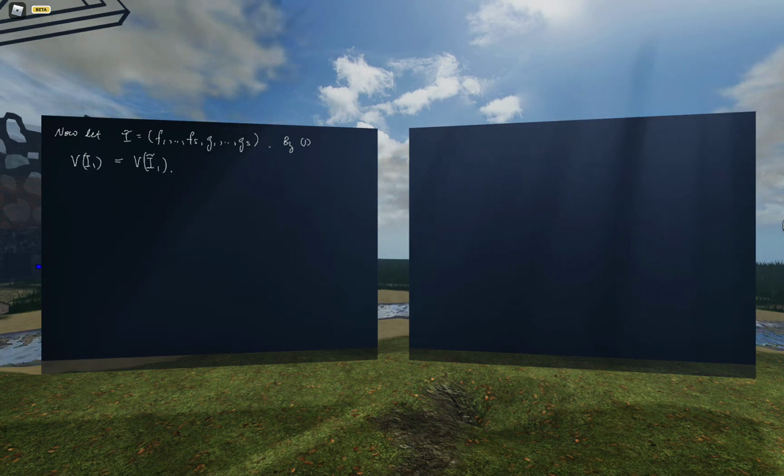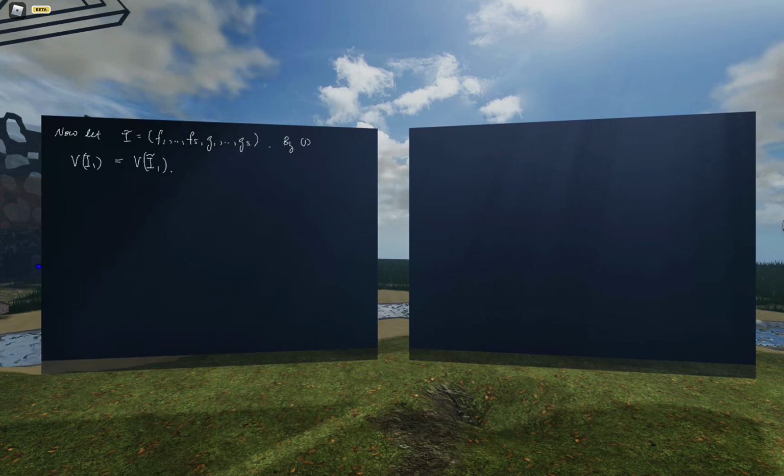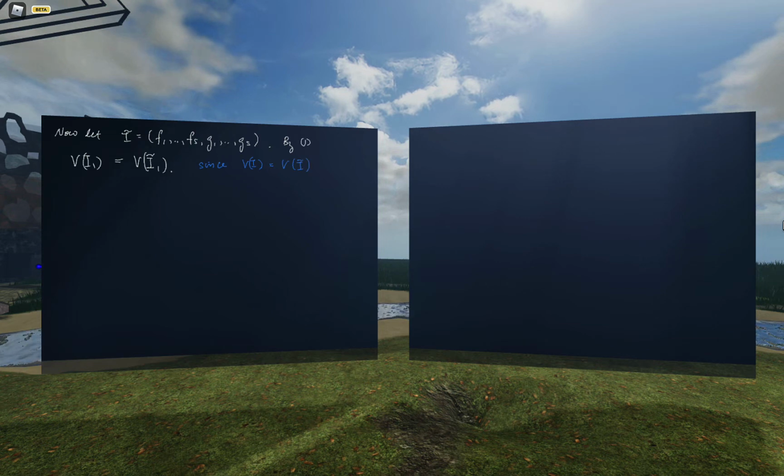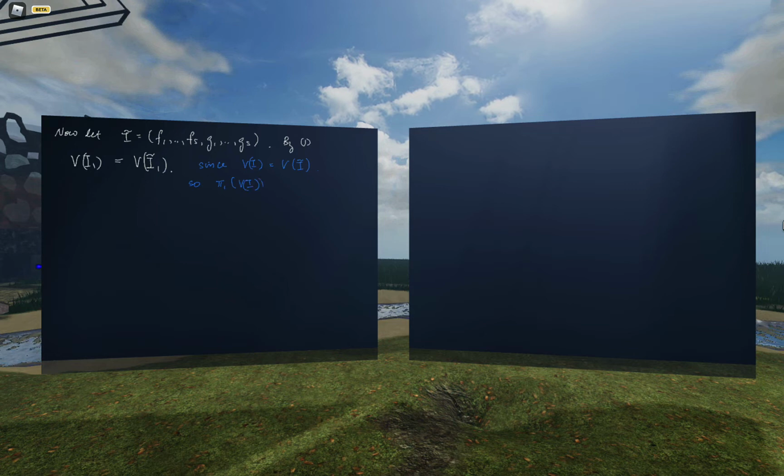Why is that? Firstly, 1 is telling us that I and I tilde, I'll write out the argument. Since V of I is equal to V of I tilde, which is what we just showed, the projections under the pi 1 map are the same. This is the same as the pi 1 of